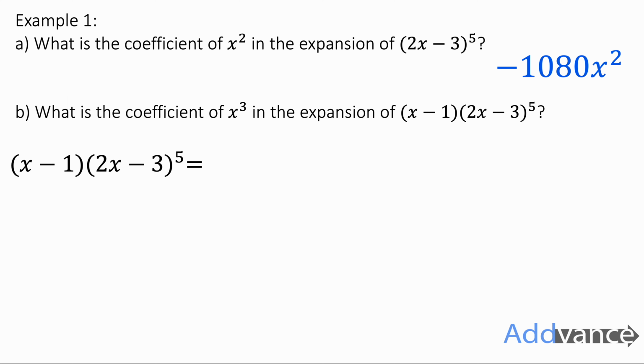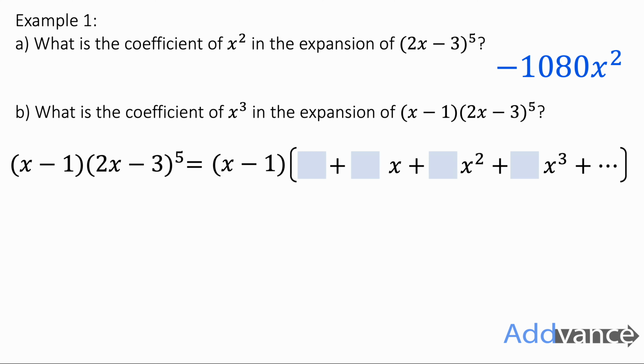So part B says, what is the coefficient of x cubed in the expansion of (x - 1)(2x - 3)^5? Now just notice this relates to part A, and that's quite common in exam questions. Part B leads on from part A. And we've got x minus 1 times the expansion of (2x - 3)^5,